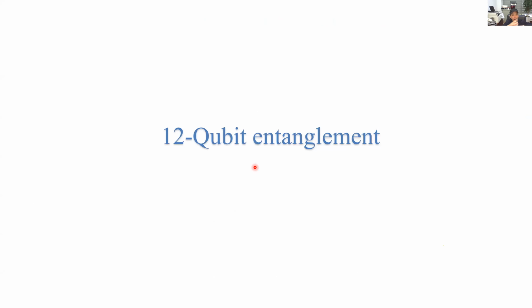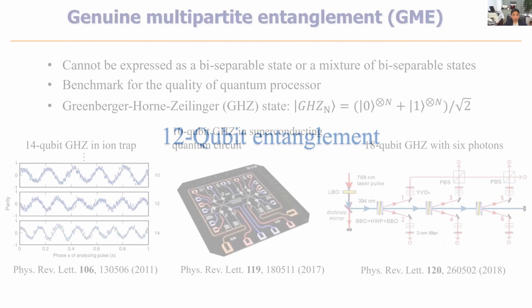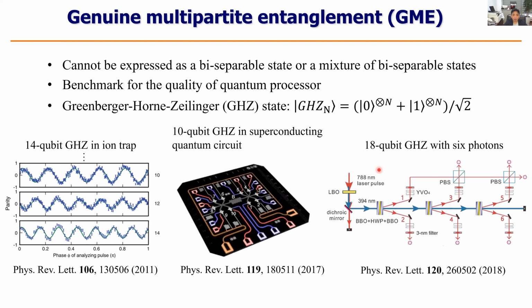Okay, in this sample, we also succeeded at that time in making the largest entanglement in such systems. We know genuine entanglement is also a very important benchmark for a large number of qubits, because if we realize genuine entanglement in such a system, we need to control each qubit with very high precision. Before the 12 qubit result, we used 10 qubits to demonstrate the largest entanglement in 2017.